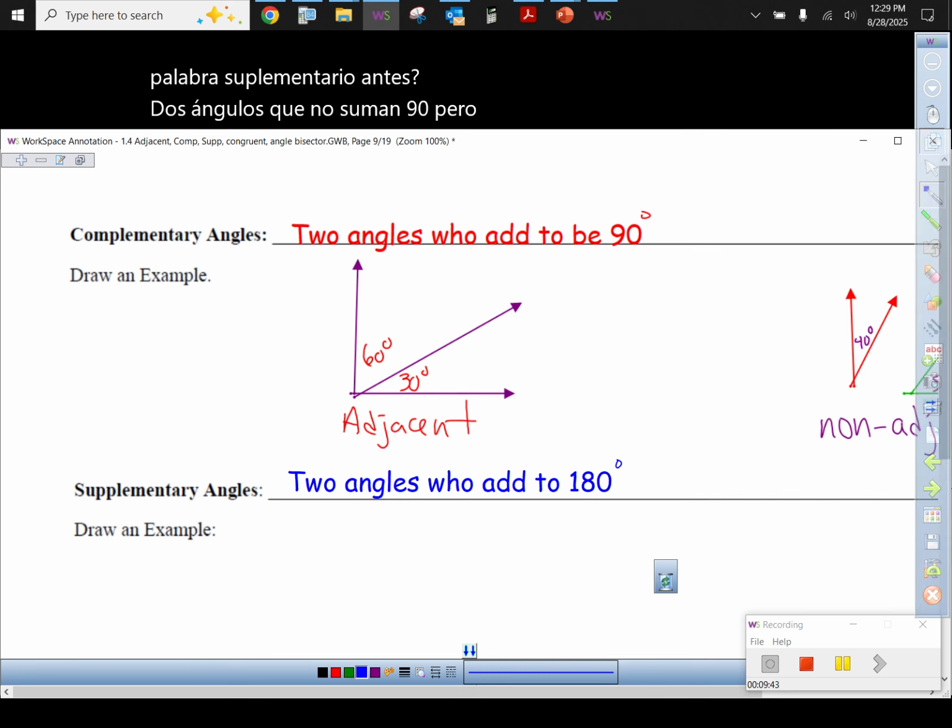Two angles that add up to be 180 degrees. And now I will give you and your table a challenge. Please sketch for me